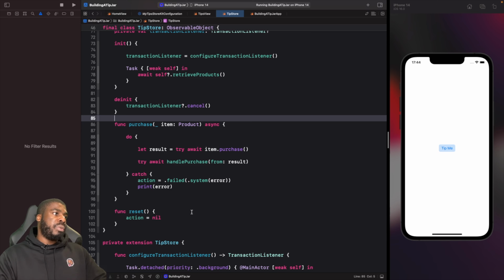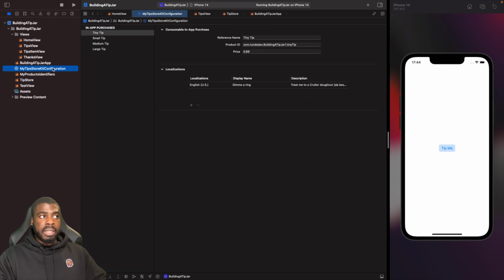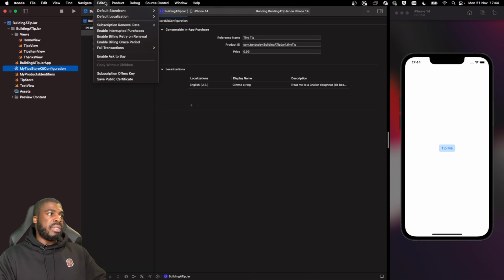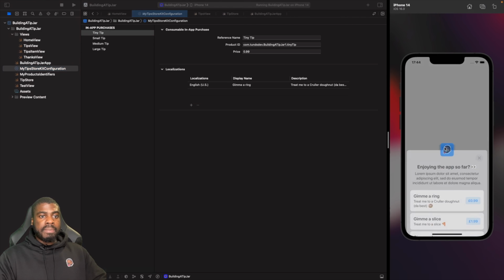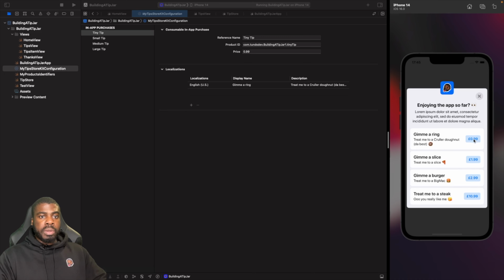So what we're going to do is click on our StoreKit configuration again. And then this time when you go to Editor, you'll see there's an option here called Enable Interrupted Purchases. So this allows you to simulate if a purchase was interrupted. So let's turn this on. Cool. So now that this is turned on, if I hit Tip Me and I try to purchase this,